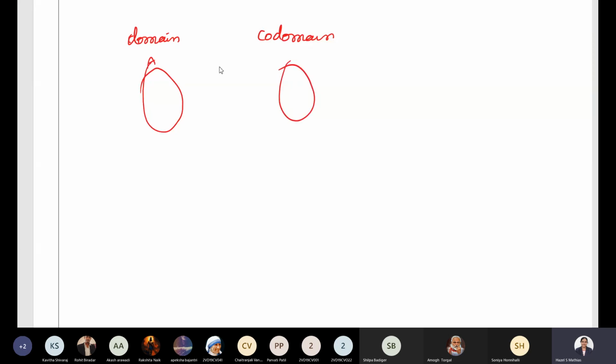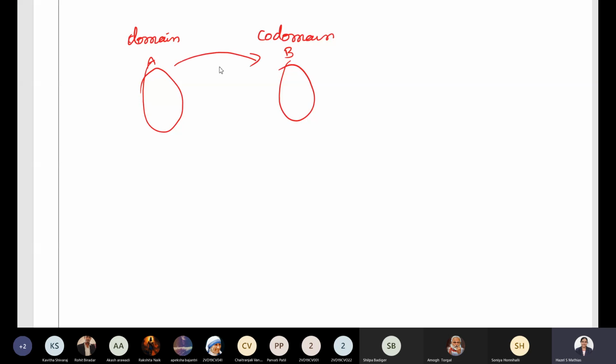So let's first discuss what you mean by functional. Before that, we'll discuss what you mean by function. You have learned the concept of functions in set theory, isn't it? You all know what functions are. So what do you mean by a function? You have a domain and codomain. Here we have one set, and this is one more set, A to B.